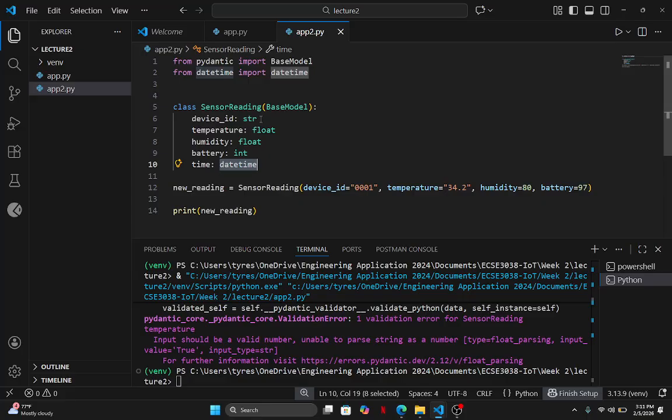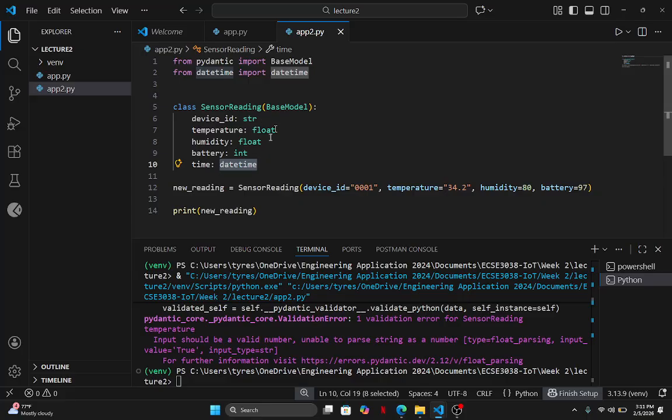But that doesn't solve the problem we're trying to accomplish. We want it so that whenever we create a new sensor reading, it automatically fills in the time for us. If we leave it like this, it's going to expect us to fill in the time, and if we don't, it's going to complain with an error, because the class is supposed to have a datetime but you never put one. So here's what we'll do. We will specify that this time field should have a default value, if we don't specify one.